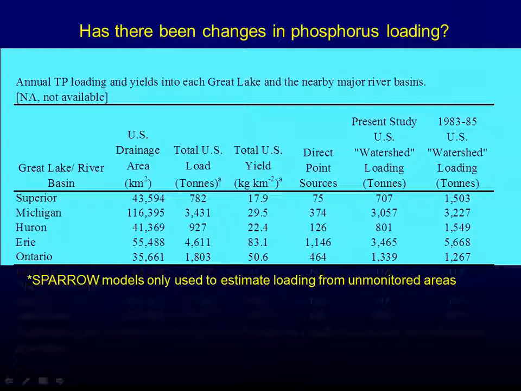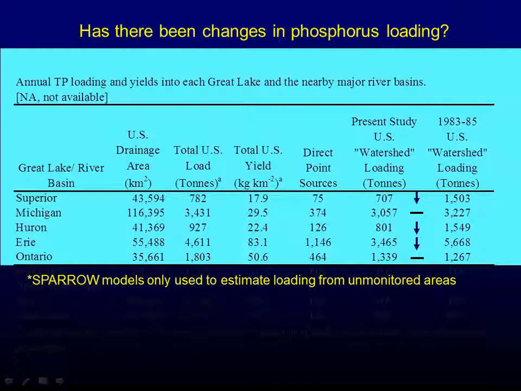One of the things I wanted to do next was to go in here and say, okay, can we use this to describe if things have changed or not? So we have our estimates. There's a study that was done back in 83 through 85 looking at that. But when the IJC did that, they were looking at things a little bit differently. They didn't have the total load to the lakes. What they were describing was watershed loading, at least the numbers that I had that I could compare with. So what I wanted to do is adjust my numbers so I can compare with that study.